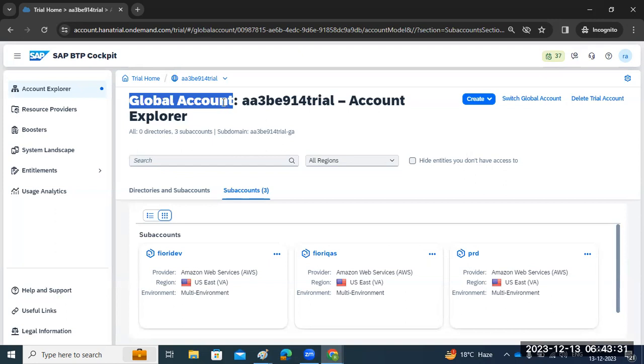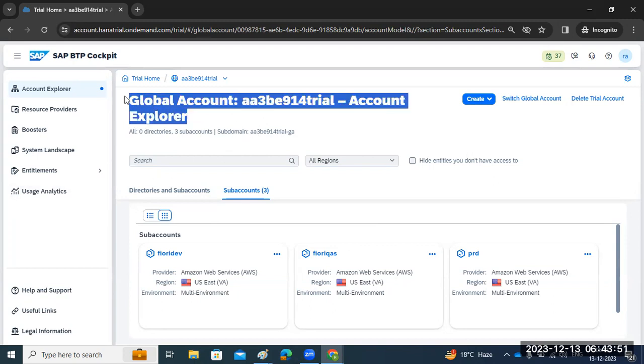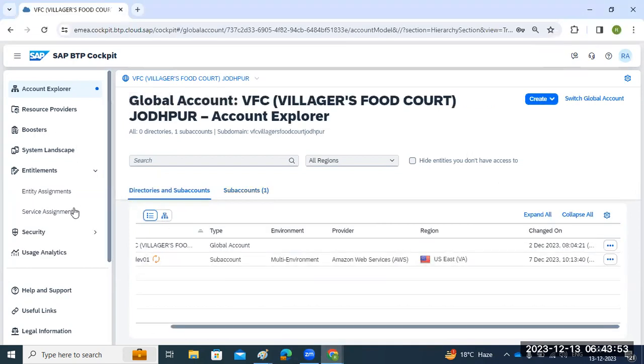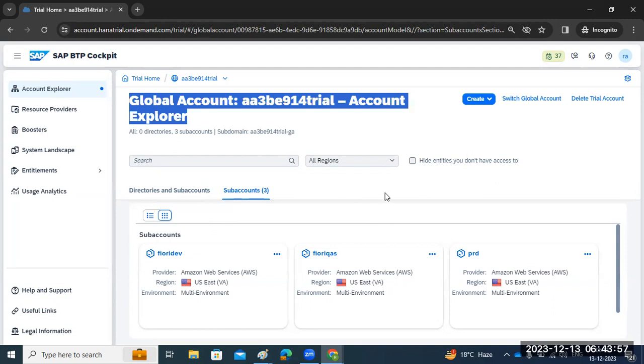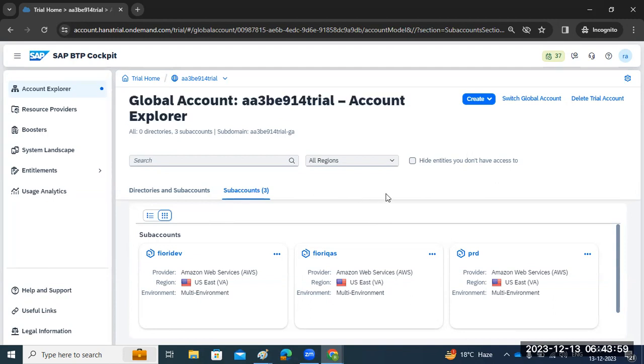Initially you will get the global account concept. Then we have to define the sub accounts, and then we start working on that. So this is the free and enterprise account. The screens and tabs are almost the same for free accounts and global accounts, so you don't feel like you are using a trial account versus a global account.